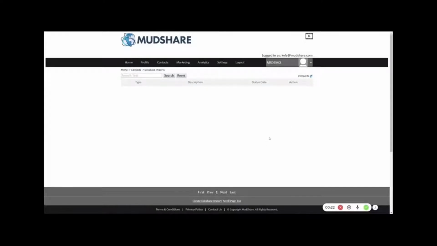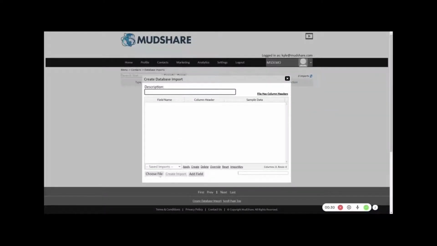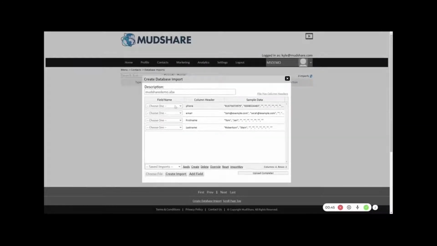So if I've got a spreadsheet of donors or supporters that I want to reach out to, I will import that into the system. So here I will choose my file, upload my MudShare demo here, and so now the system will read all of the headers out of the file, and I have to map each of these to the system here. So email address, name first,